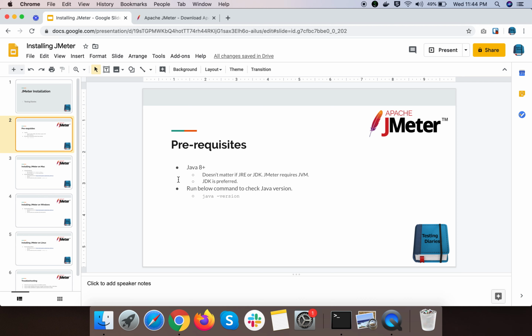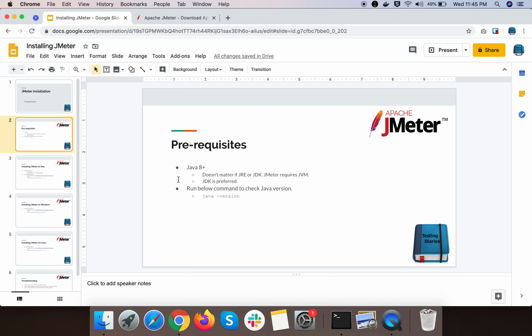From JMeter version 4.0 onwards, JMeter requires that you have at least Java 8 installed in your system. So please check whether you have that Java version.